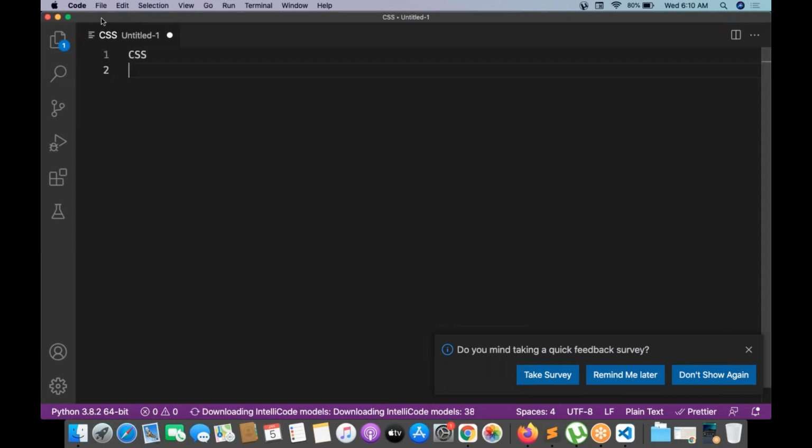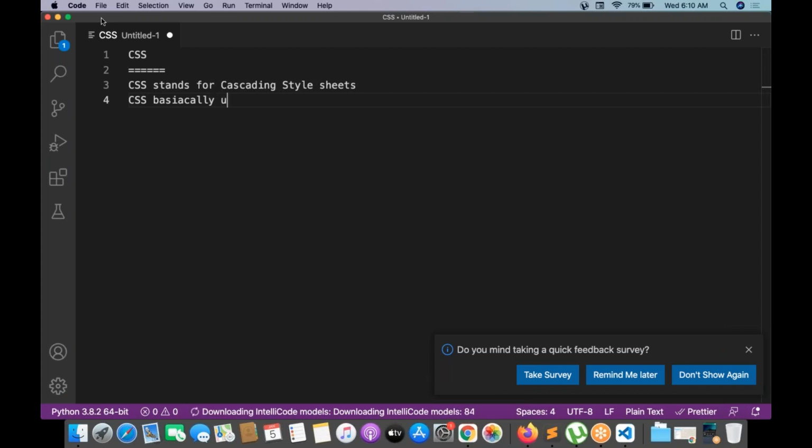Okay, so CSS stands for Cascading Style Sheets. CSS is basically used to make decorations or styles for a web page.